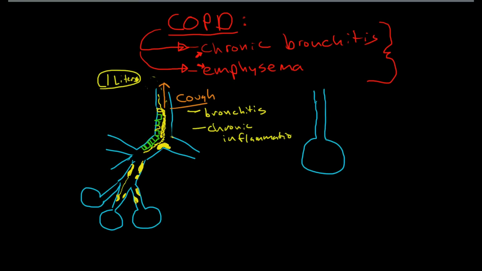Okay. And then this becomes a vicious cycle where the inflammation is causing increased buildup of the mucus. That causes more bronchitis, and the situation just continues to spiral and get worse and worse. Now, in a healthy person's lung, remember all this stuff is getting removed, so we don't get a buildup down in the tissues here. But with patients with COPD, you have this chronic buildup of mucus, and this causes obstruction